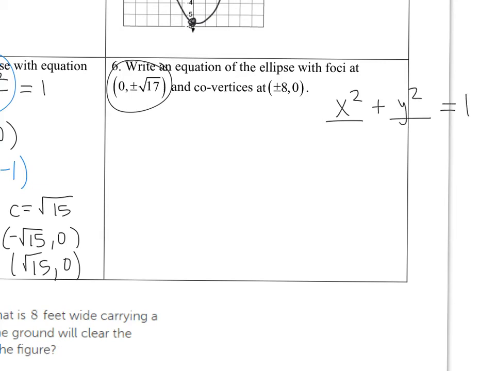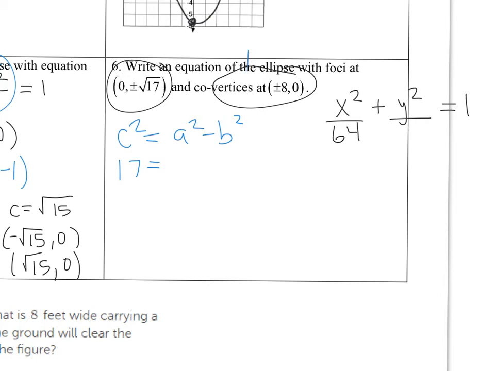The co-vertices are happening on the x-axis, so on the x-axis I'm going to put 8 squared, which is 64. And now I need to figure out what's underneath the y. To do that, I do c squared equals a squared minus b squared. So I have the square root of 17 squared, which is 17, equals,